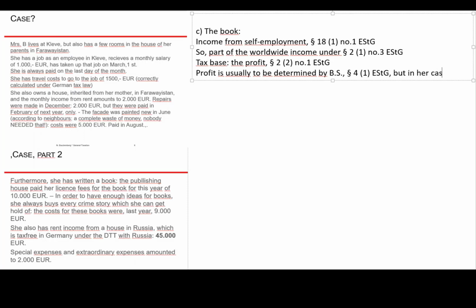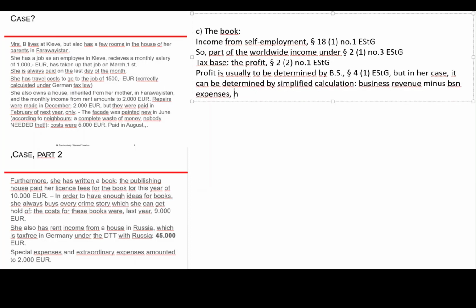But in her case, it can be determined by simplified calculation: business revenue minus business expenses, and here that's 10,000 revenue received this year, so taxable this year,